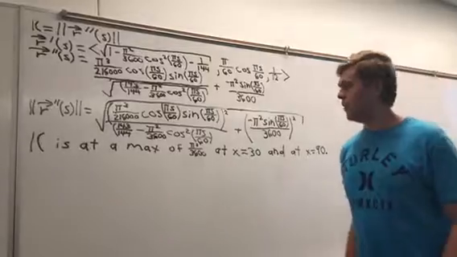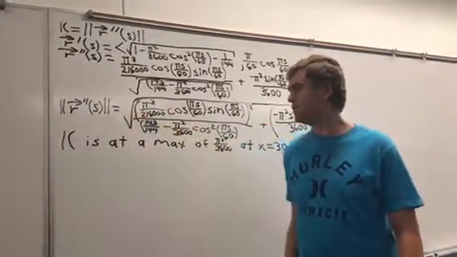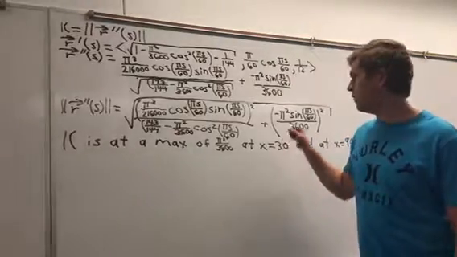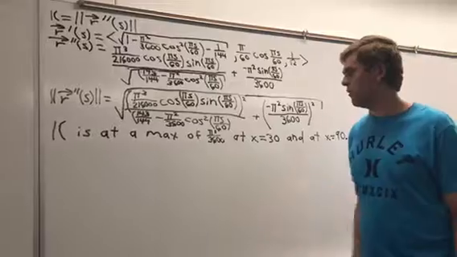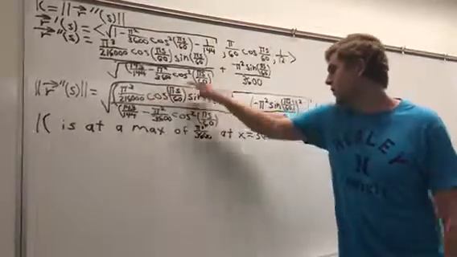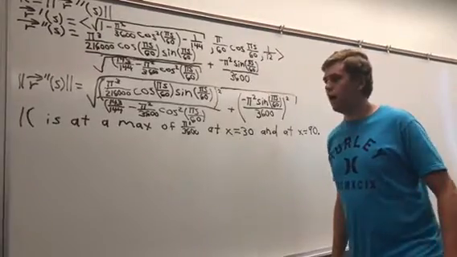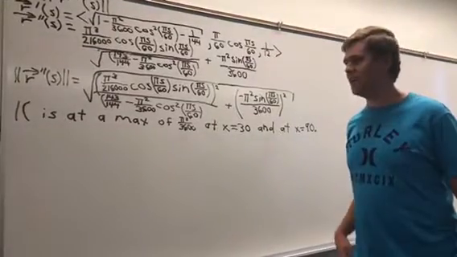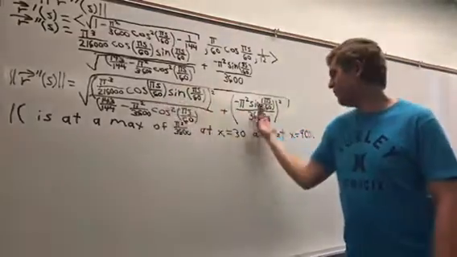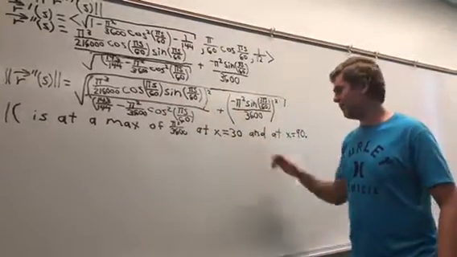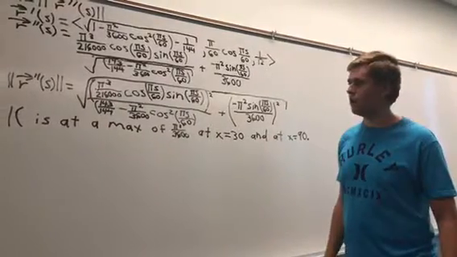And then to take the magnitude of r double prime of s, you square the x component and the y component, and then take the square root of the whole thing. And I don't really see a nice way to find the maximum of this whole function and at what x values it occurs at. So at this point, you can plug